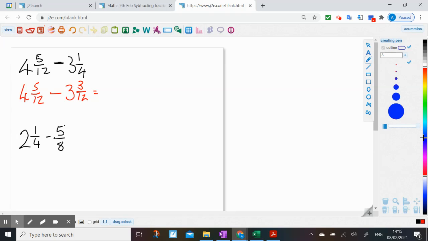So first thing we can do is subtract away our whole numbers. 4 take away 3, of course, is 1. And then 5 take away 3 is 2. So 5 take away 3 leaves